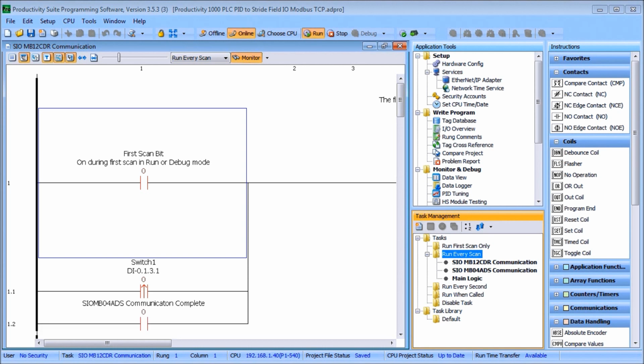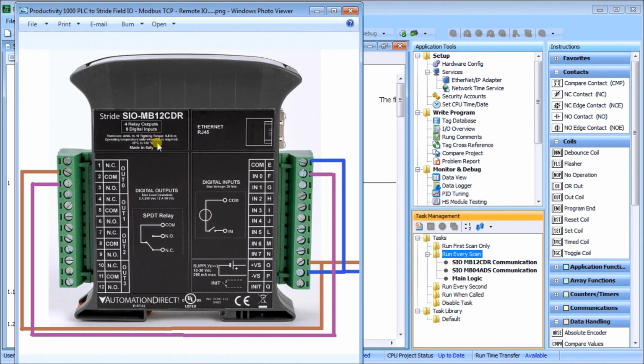So the first thing we'll do is take a look at the modules that we will be communicating with our Productivity 1000. The first one is the Stride SIO-MB12CDR, which is a discrete combination module. It's an 8-point input, 12 to 24 volt DC sinking, and a 4-point relay output. It's a Form C, so it's a single pole double throw relay, and you can do 2 amps per point. The Ethernet is an RJ45 port on there,